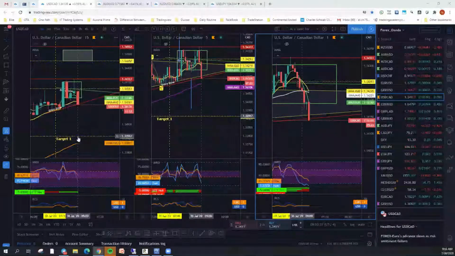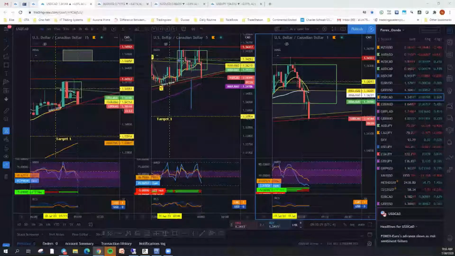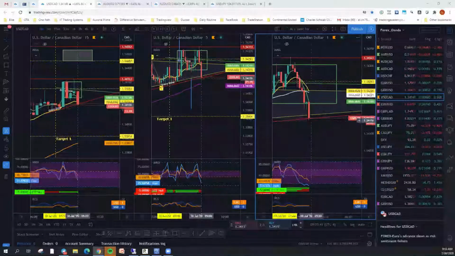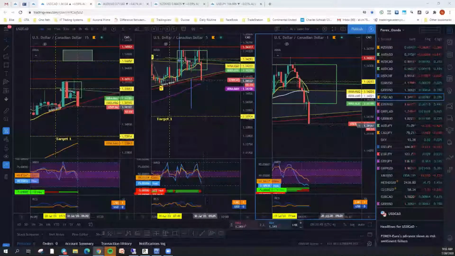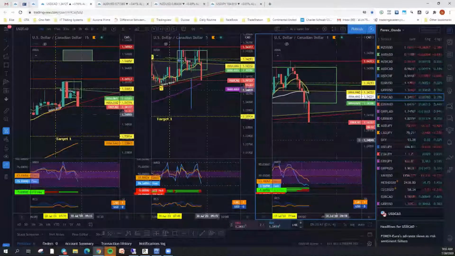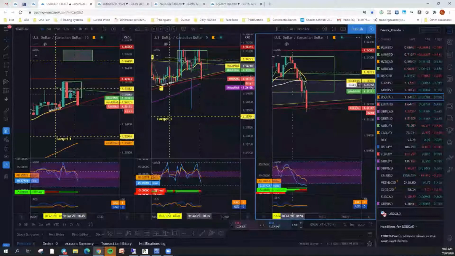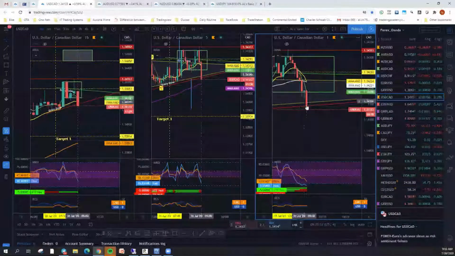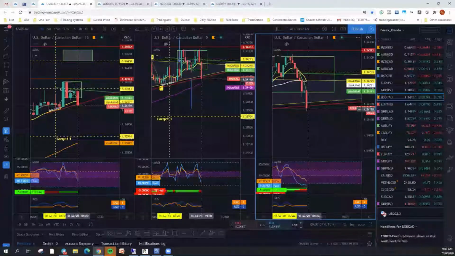I'll see if we can come down here to our target on this US CAD. It looks like it's breaking out of the downside. It's a nice strong move down. Is it going to give us a chance to get in? Here was a little bit of a basing right as it broke out of the box. If this thing closes inside, with very little wick, I would take this thing short.